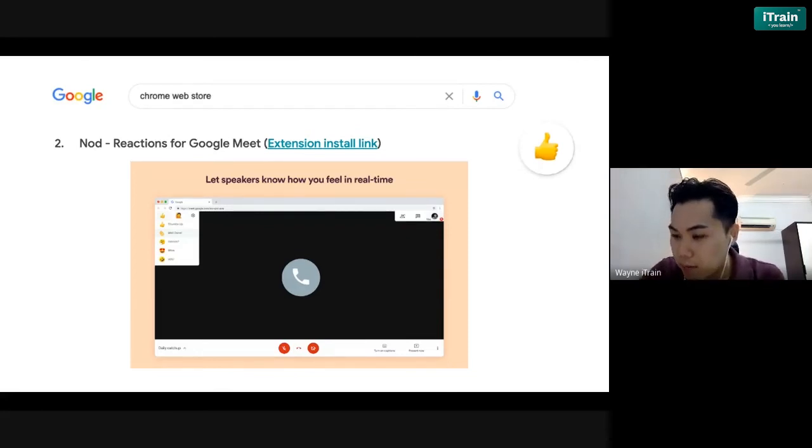Okay, what if my IT teacher does not know how to push down the extension? That's a very good question. I believe if they are able to work in the IT department, they should be able to know how to do this